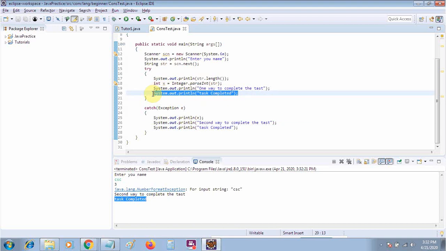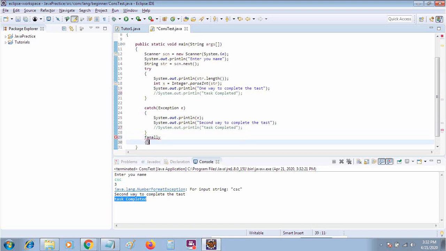or not. So instead of writing it two times, it's a good idea to use a finally block. What the finally block does is, whether an exception appears or not, whether it passes or fails, whatever you have written inside the finally block will be executed.